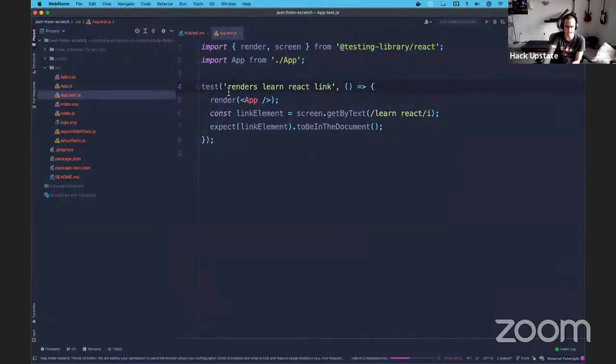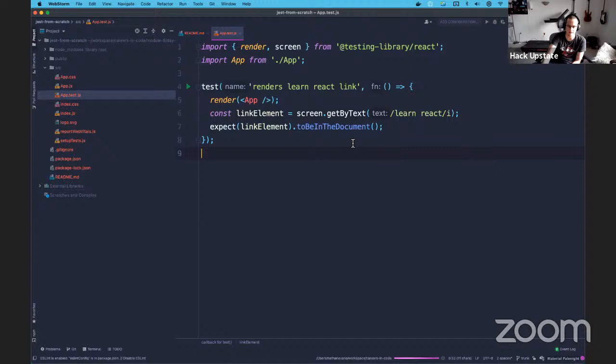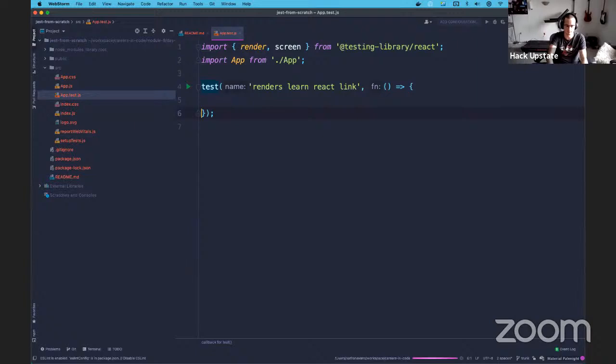And what this test is doing is it's rendering the default page that React comes with, and it's checking to see if the word learn React is on the page. We're actually not going to do any render tests. We're going to talk about Cypress, which is a more effective way of testing the front end. But if we take this out and we take this out, we could do